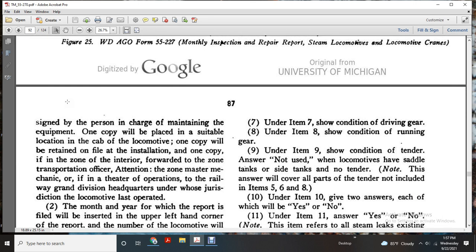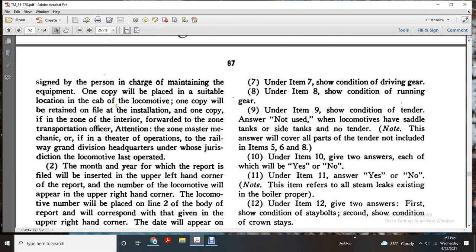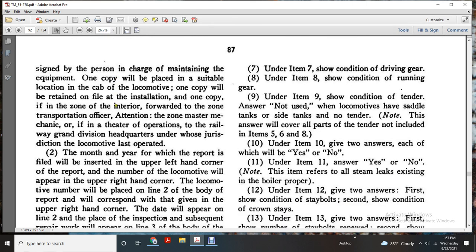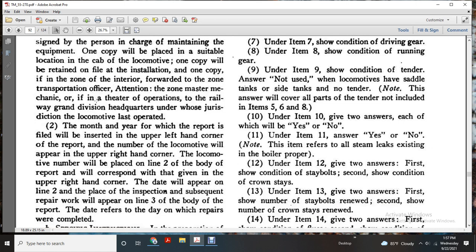1 copy to play for the super location of the cab of the locomotive. 1 copy to be retained on file installation. 1 copy to the zone, interior forward zone of the transportation, tension zone, master mechanic, others, and 3-year operation railway Grand Division headquarters on the jurisdiction of locomotive last operated month and the year with which the report was filed